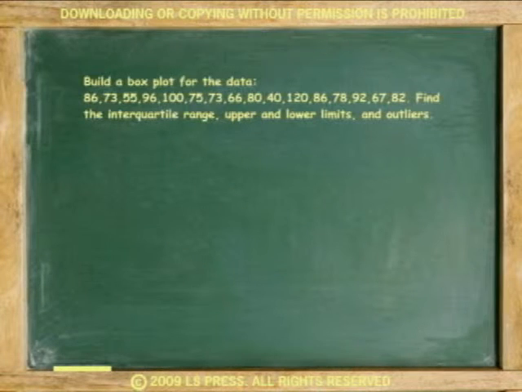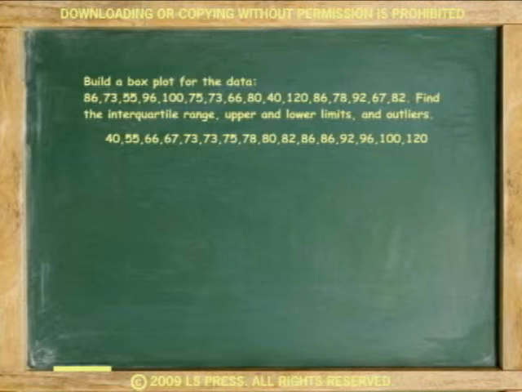For example, build a box plot for the data shown. Find the interquartile range, the upper and lower limits, and outliers. First, organize the data. Because there are 16 numbers, an even amount, the median must be after the 8th number, half of the number, but before the 9th number, in the middle of 78 and 80, or 79. The lower quartile must be in the middle of the first 8 numbers, after the 4th, but before